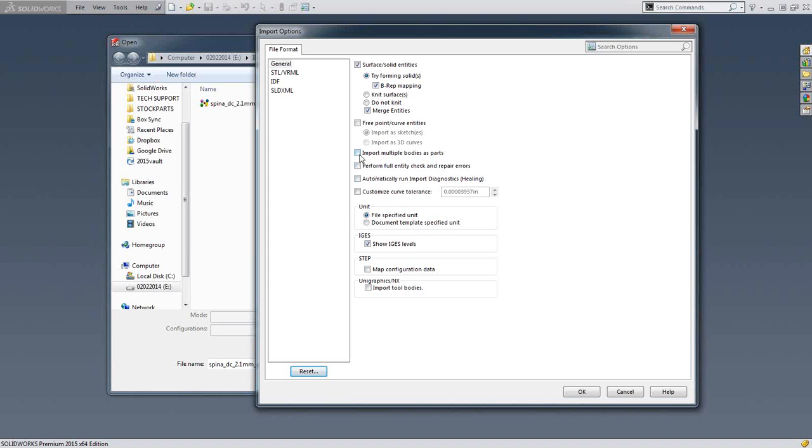If you're getting an assembly and you know you may want to work on it later, then by all means go ahead and do that. Bring them in as separate parts so that you can work on them later. Perform full entity check and repairs. If you don't know the part you're getting, that file, what it is, how big it is,